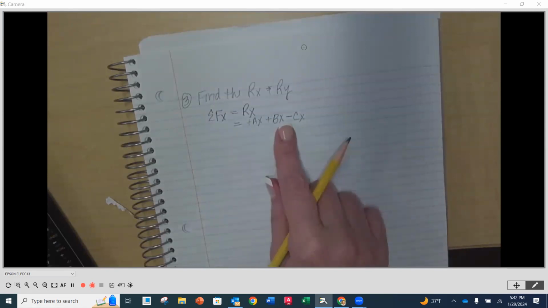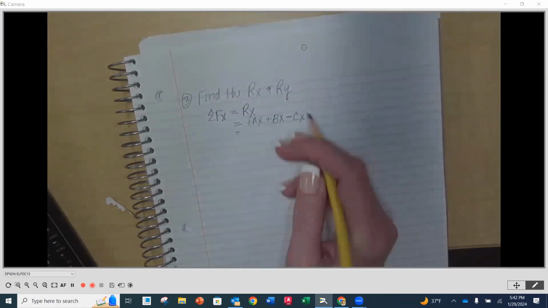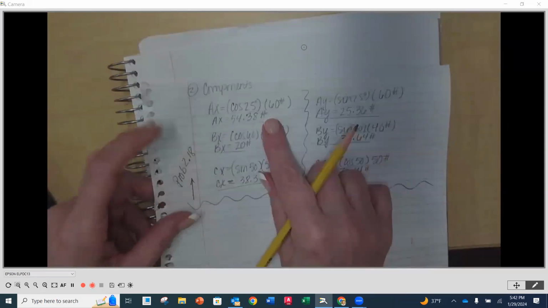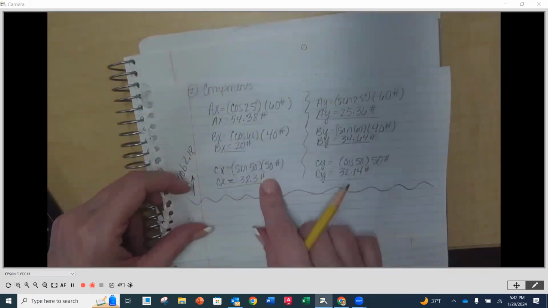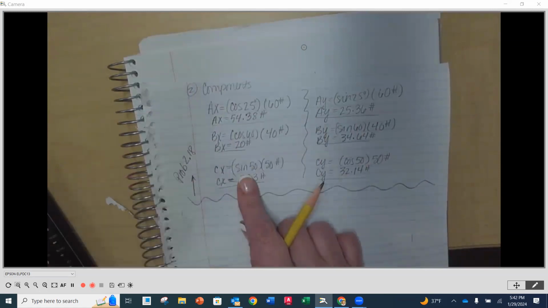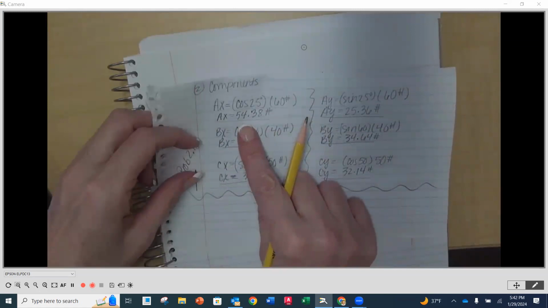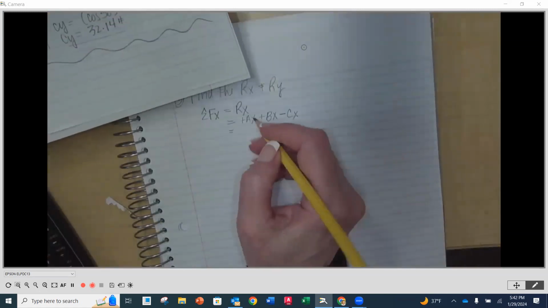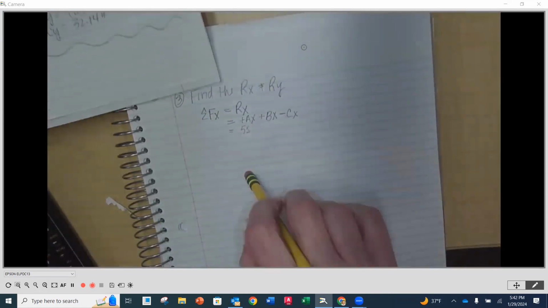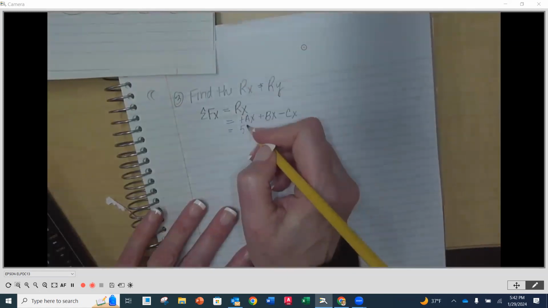All right, now we're going to put our values in. So now we're going to look back at those components that we just created, okay? We're going to look down this X column. I always kind of put them in the same columns. So I've got Ax is equal to 54.38. So I'm going to put that in there, 54.38